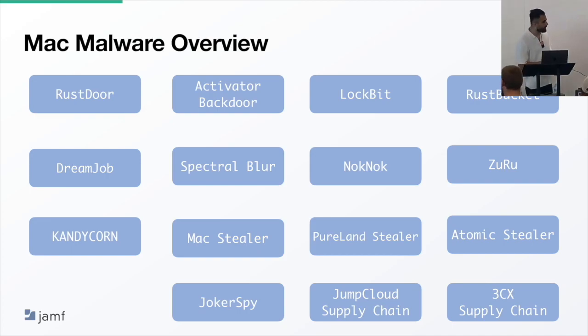So, just a quick recap of some of the Mac malware we've seen so far. There's been a ton of information stealers and backdoors, like Spectral Blur. We've seen a lot of pirated applications infected with malware, malware such as RustBucket, which we've attributed to BlueNoroff. And then also supply chain attacks that we've seen, such as 3CX and the JumpCloud supply chain attack. I'll touch on those as well. So hopefully this presentation will give you an overview of some of the Mac malware we've seen. But before we get into that, I just wanted to touch on